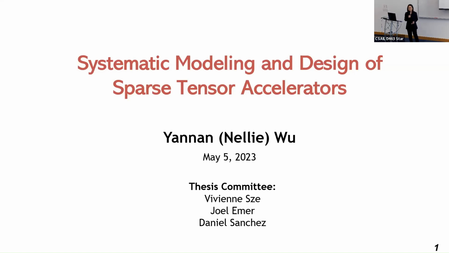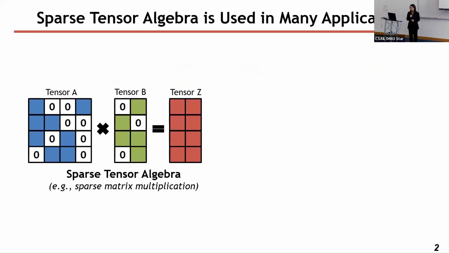Today, I'm going to introduce my PhD work, Systematic Modeling and Design of Sparse Tensor Accelerators. Throughout this talk, we're going to focus on what we call sparse tensor algebra, which refers to tensor algebra computations that involve zero values. So for example, in this figure, we're showing a sparse matrix multiplication example with two sparse